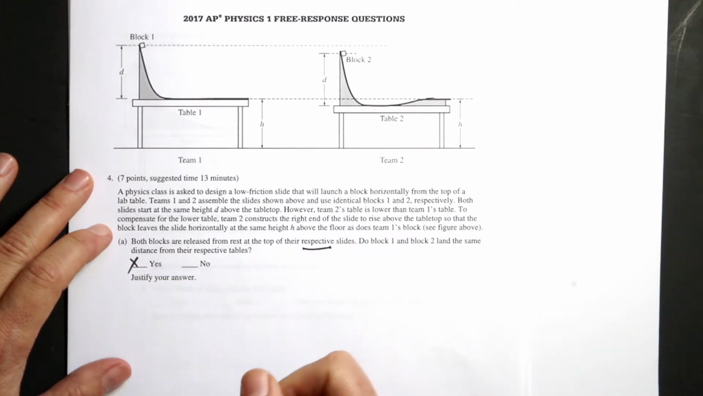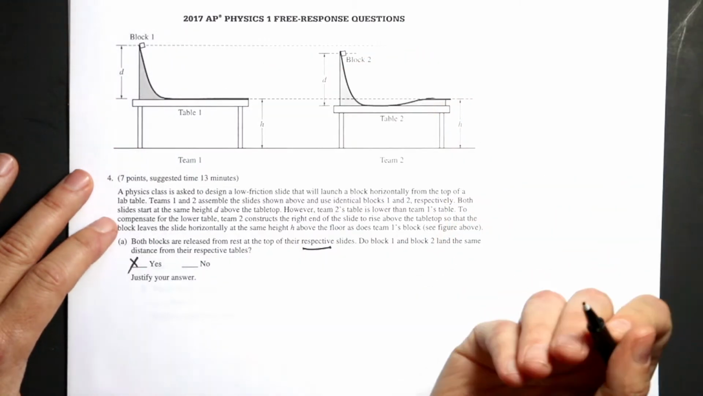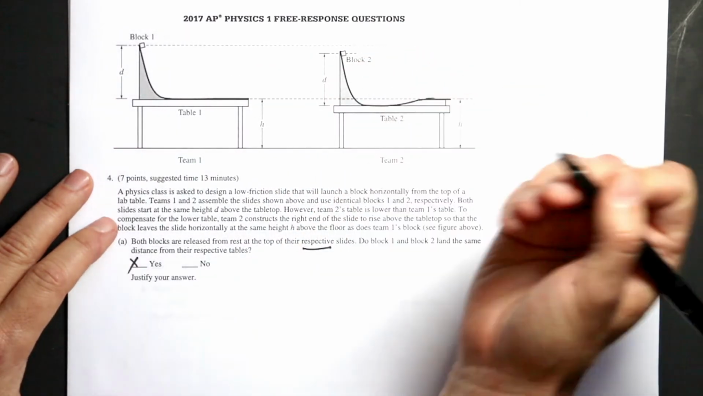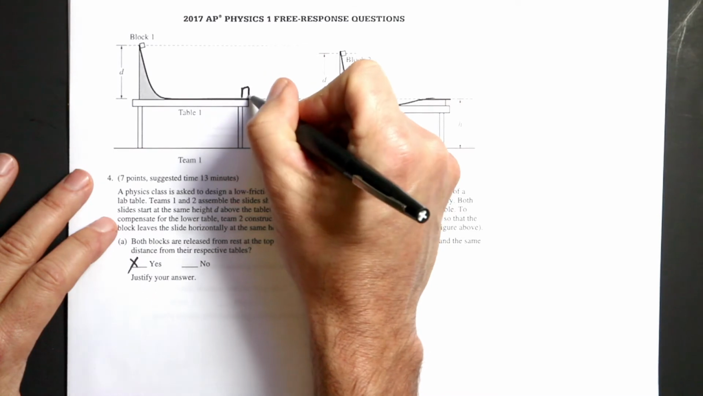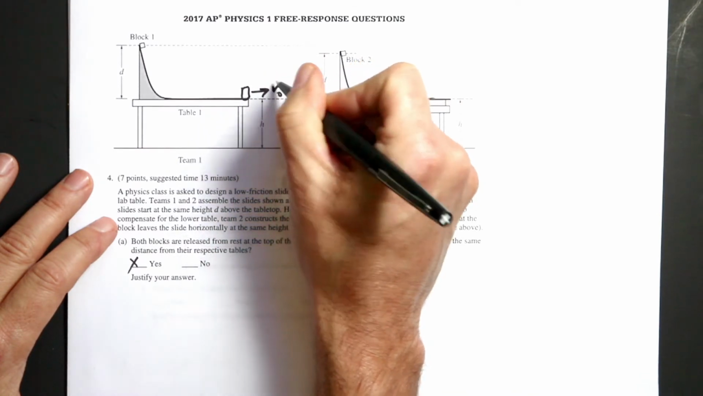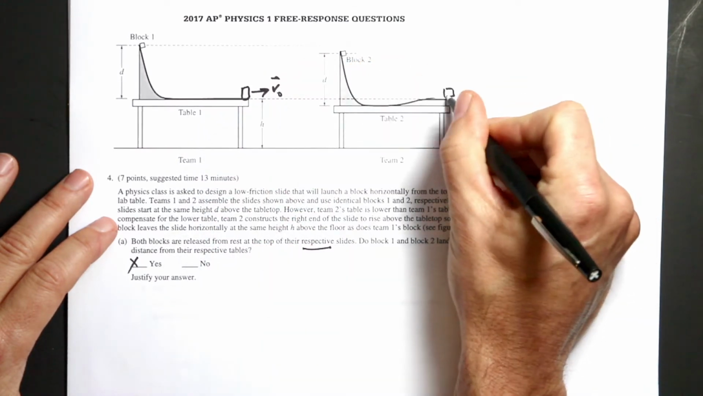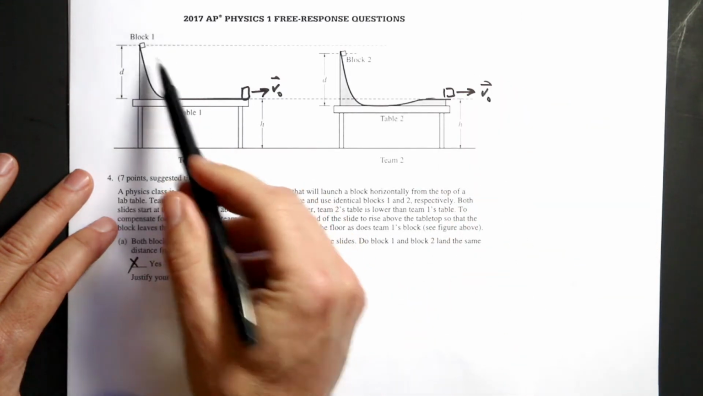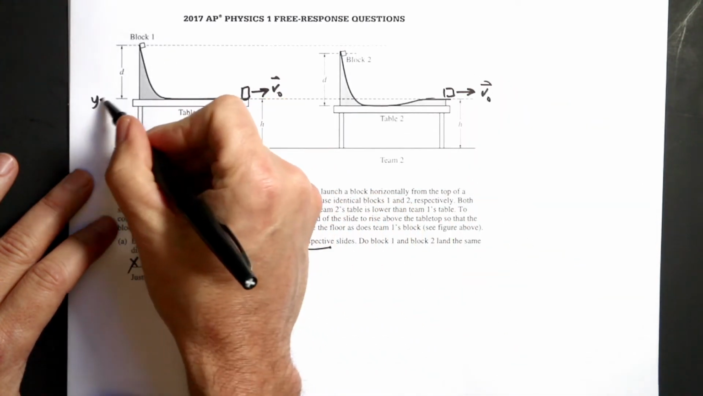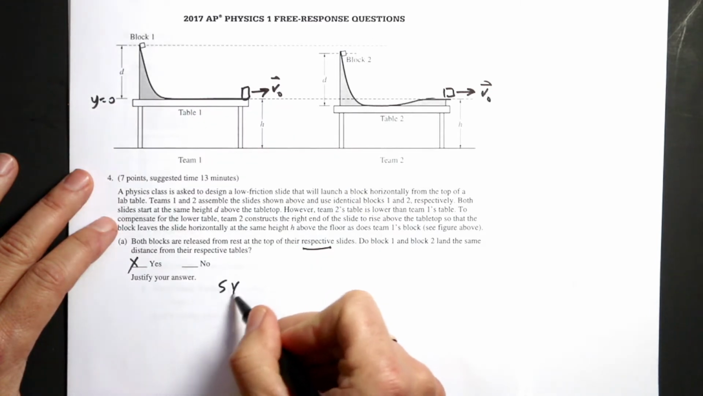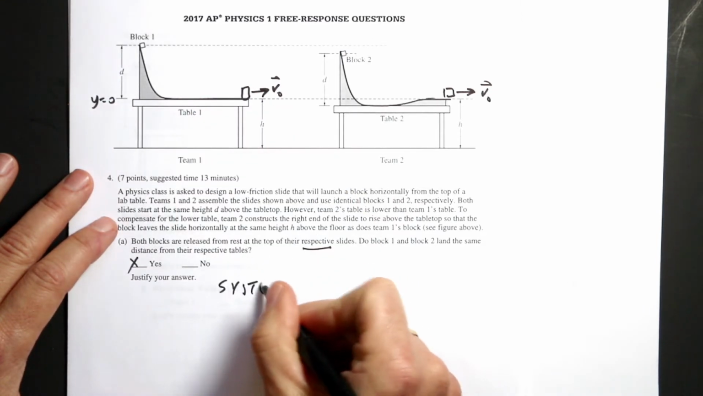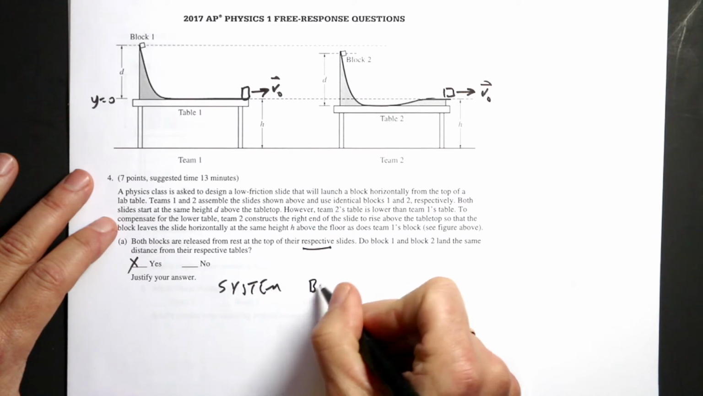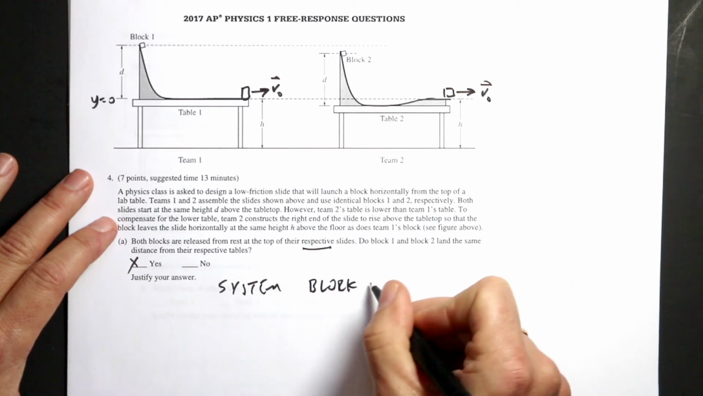Okay, so if we use this as an energy problem, there's really two parts to this. Number 1 is the launch velocity. I'll call that V0, and it's technically a vector. So how do the V0s compare for this? Well, if I say this is y equals 0, and my system is the block plus the earth,